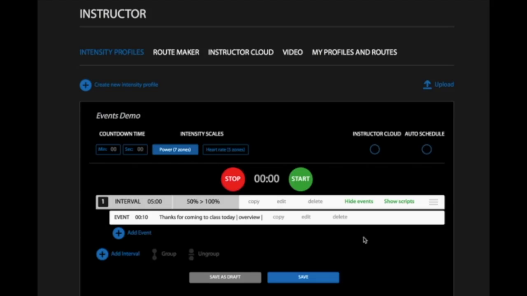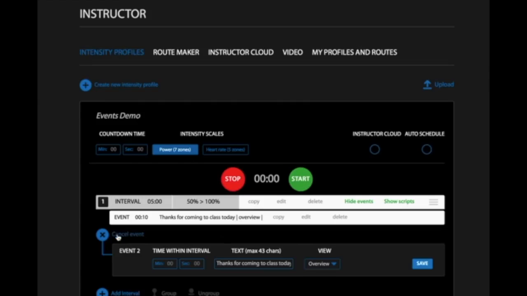Okay, so now I like to have my riders move around a little bit. So let's say after 2 minutes of riding, I want to start making some changes and being a little bit more specific to what they'll be doing for this warm-up. So let's say they've been riding for 2 minutes. I think it's time for them to stand up and start moving and to start increasing their intensity. So I'll click on Add Event. 2 minutes into this 5-minute interval,